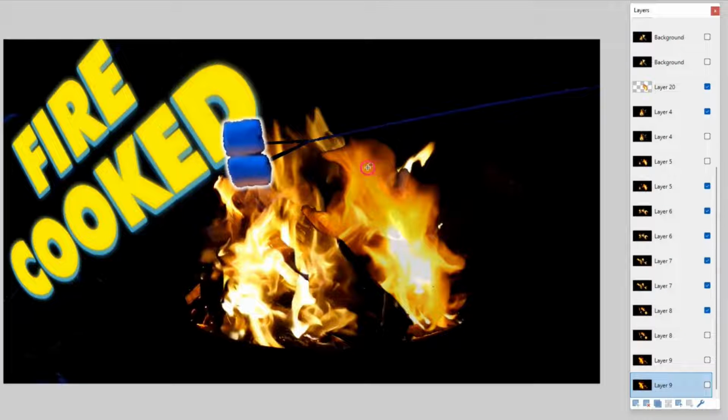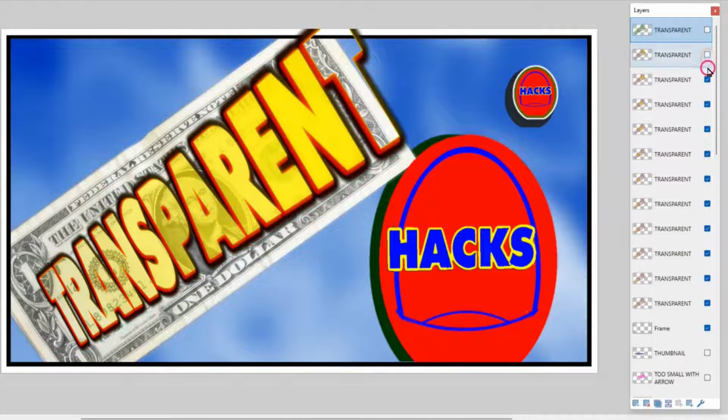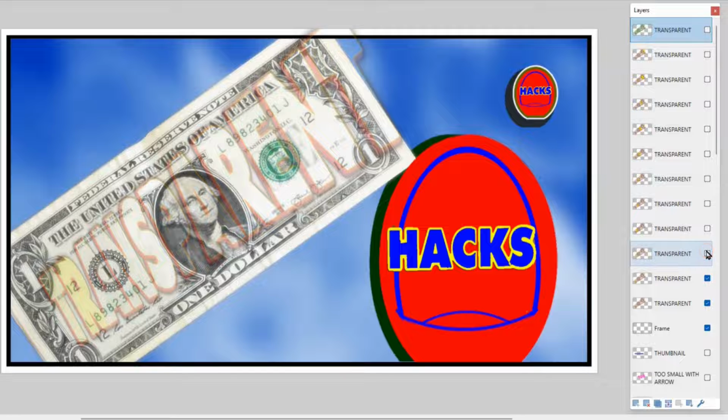The opacity on this layer right here was dummied down a bit. In other words, I let more light pass through it so that it didn't overpower the rest of the fire. And this is how you work with opacity. It's trial and error. Oh, one thing I did forget to tell you about. Let's go all the way back to the beginning. This is one of the things with working with multiple layers here. With multiple layers, one of the things that you want to be careful about is when you're working with transparency and you want to get as much opacity as possible,